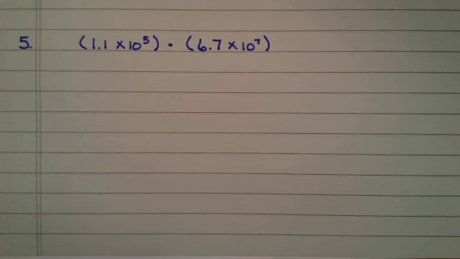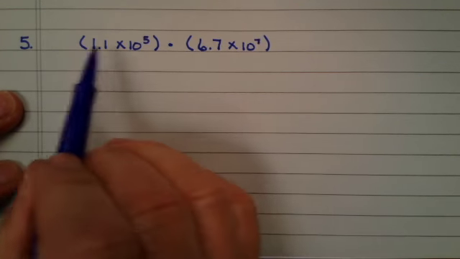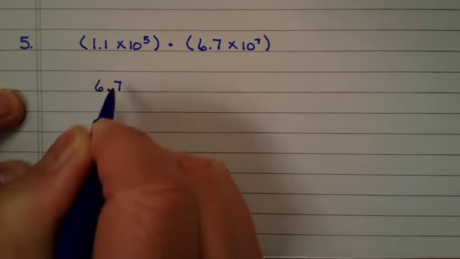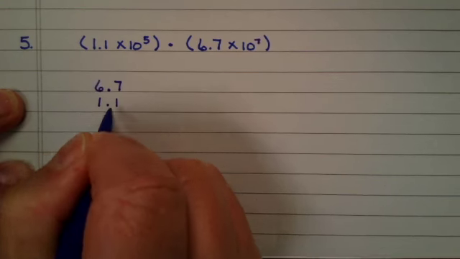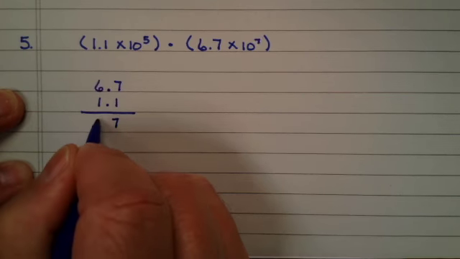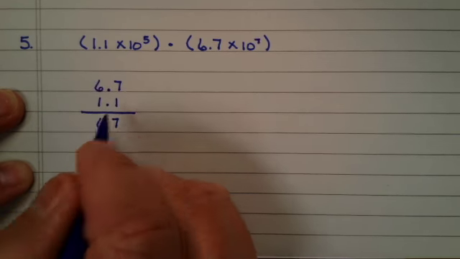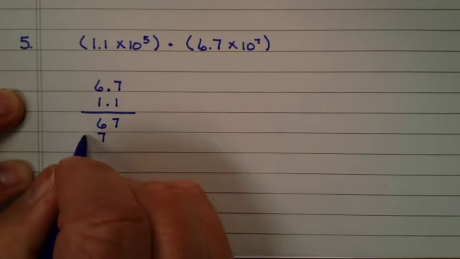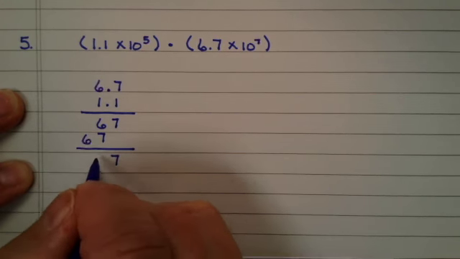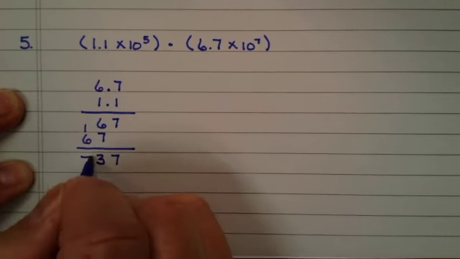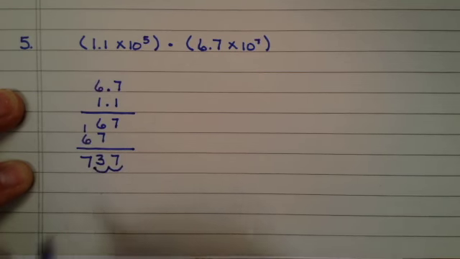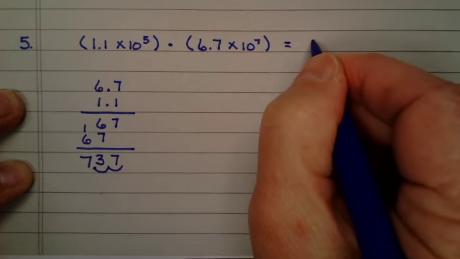Example number 5. I've got decimals, so I need to remember how to multiply these decimals together. I'm going to take 6.7 and multiply it to 1.1. So 1 times 7 is 7. 1 times 6 is 6. 1 times 7 is 7. 1 times 6 is 6. Bring down the 7. 6 plus 7 is 13. Carry the 1. I've got 2 decimal places, so I need to move my decimal 2 spots. So when I multiply these together, I get